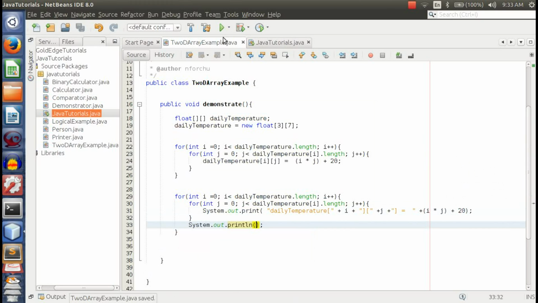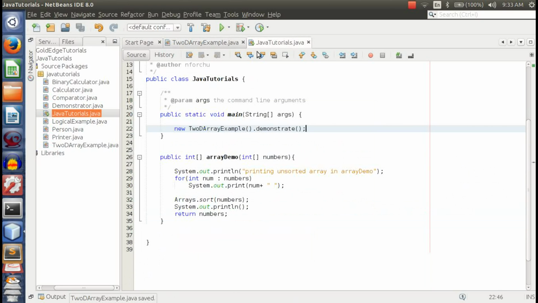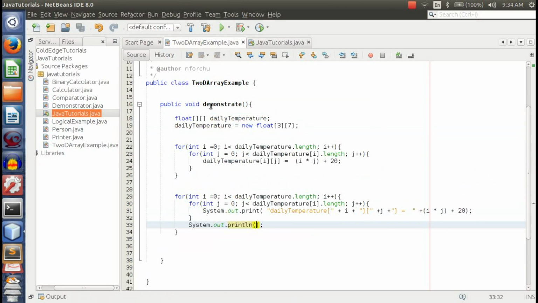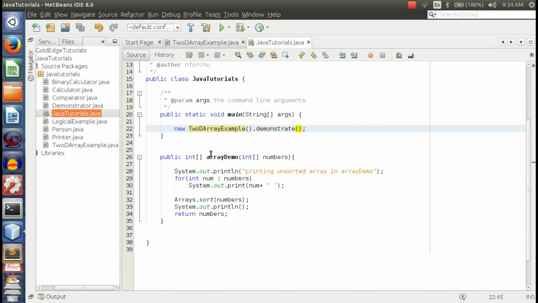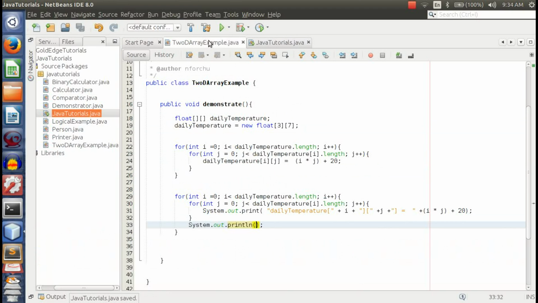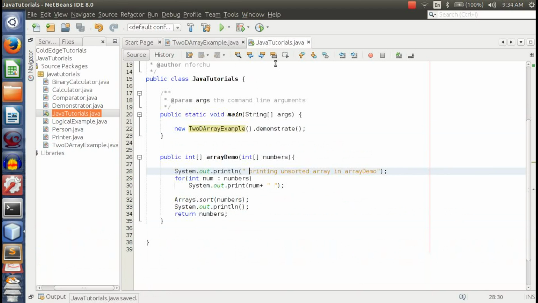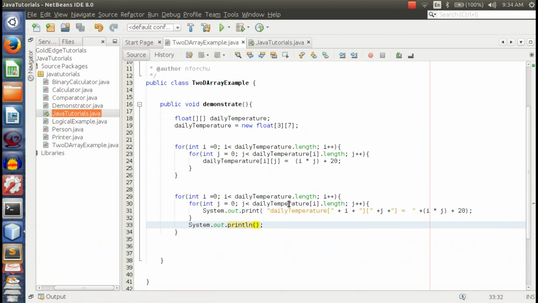And if we run this, I'm calling it here new 2D example dot demonstrate, which is this method that I have here. So if I run this, there we go. Let me make it look a little nicer by adding some blank space here. Oops, where was it? Here. And if I run that again,